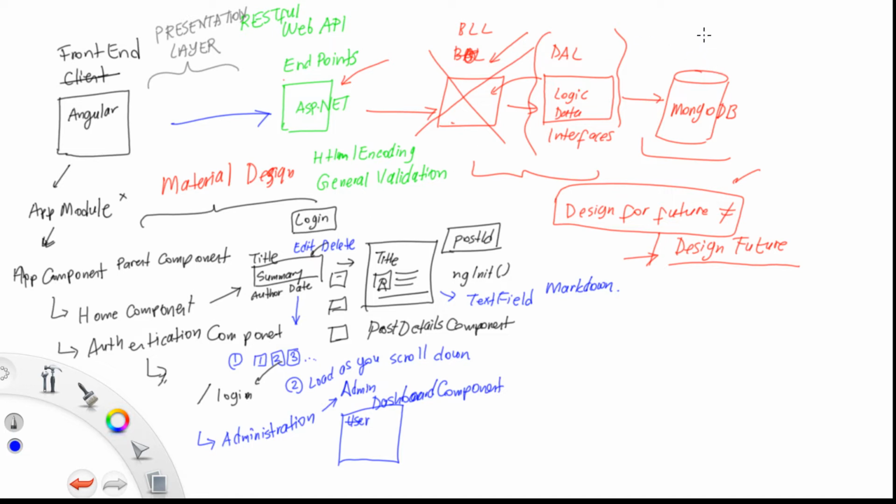The last thing on this design is that I'm going to have this MongoDB in a container, so we're going to be using Docker. Of course, I can put the entire project in a Docker container, but I'm not going to do it right now. As I come close to completion of this project, I'm going to put everything in a Docker container, continue my testing there, and eventually have two Docker containers, one for the database and one for the entire project over here. And we'll deploy them onto